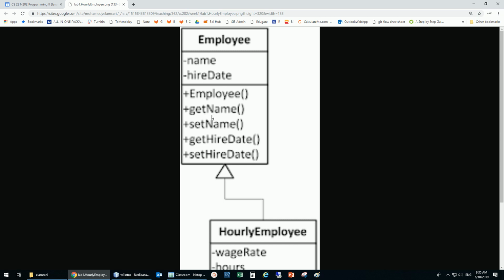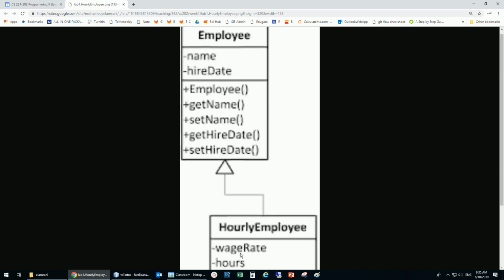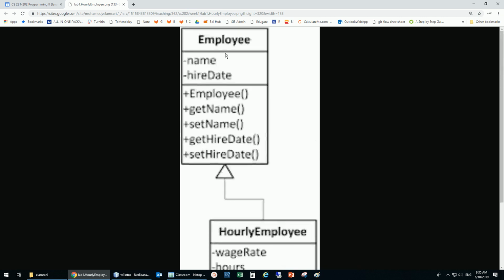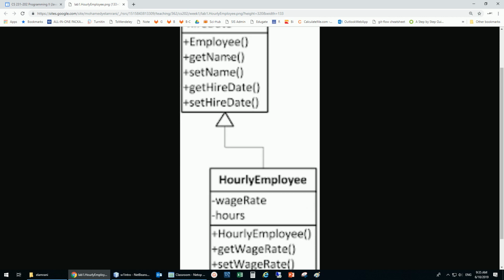But because I have those, if I have an employee, I can set the name, and if I have an hourly employee, I can also set the name, because this hourly employee inherits from employee. How do we mention that the employee inherits? There's a keyword that we need to use when we define this class. That keyword is extends. I'm going to mention that this class extends employee, and that's what I'd like to show